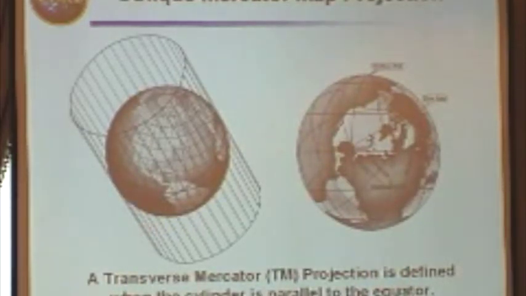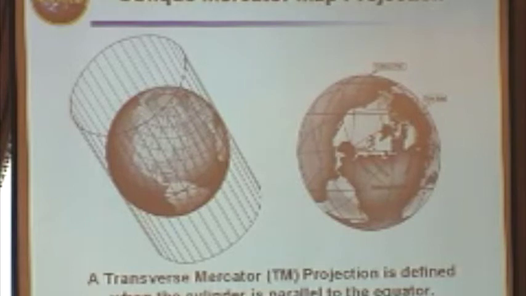You can have cylinders that are at an angle, called oblique Mercator. They can lie on their side and be tangent around the equator, and they're called transverse Mercator. And perhaps one of the most confusing things for people when they encounter map projections, and I really wish I had this animated, we've got to fix this next time, but the picture underneath, the gray picture that I took out of that book, is the transverse Mercator spatial reference frame.